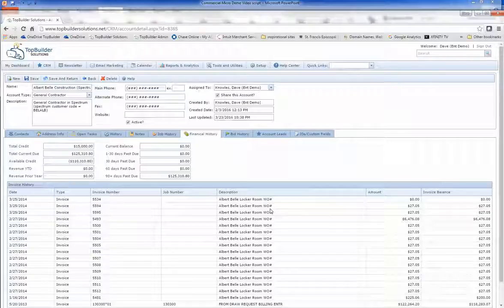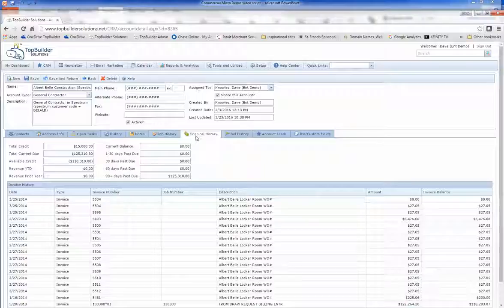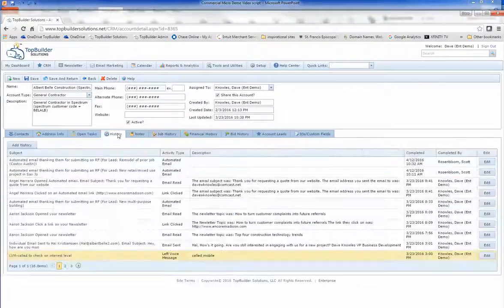Now, this helps you in many ways. When you're bidding on a job, you want to know if they have credit. You want to know if they're paying their bills. You want to know how many jobs they have. Are you being awarded the jobs? But also, if you just want to pick up the phone and call a customer, see how they're doing, you want to have all the details in one spot. So you have the financial details, the job details, and then all the interactions that you have with that customer,